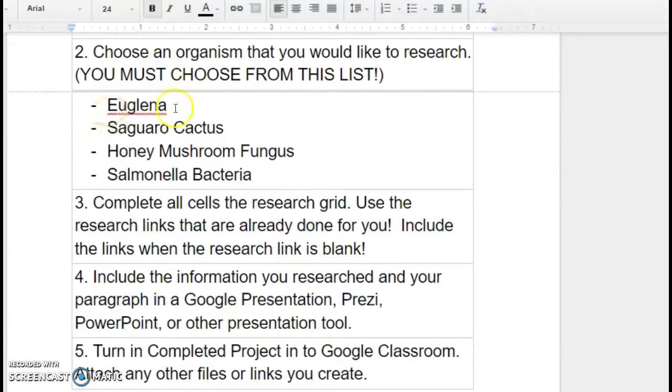These include a euglena, which is a protist, which is a single-celled organism that kind of is plant-like, kind of is animal-like. It's pretty cool. The other is saguaro cactus. I would say this one is probably the easiest to do, mainly because a lot of kids have